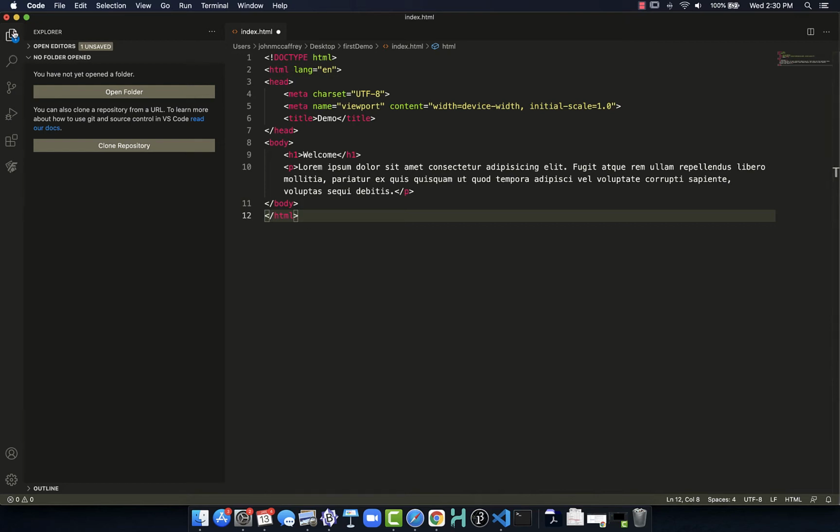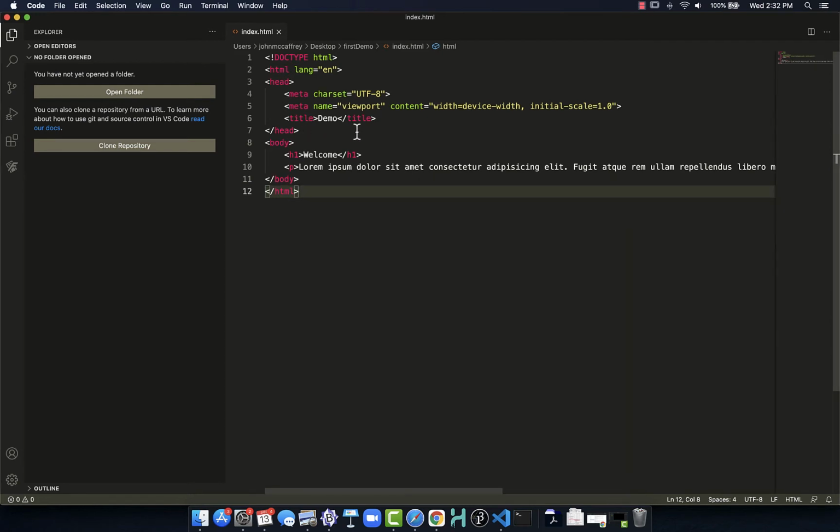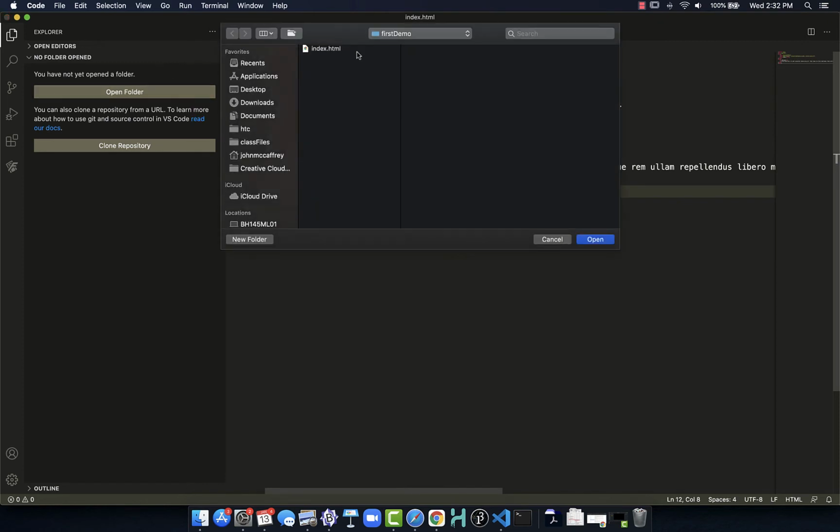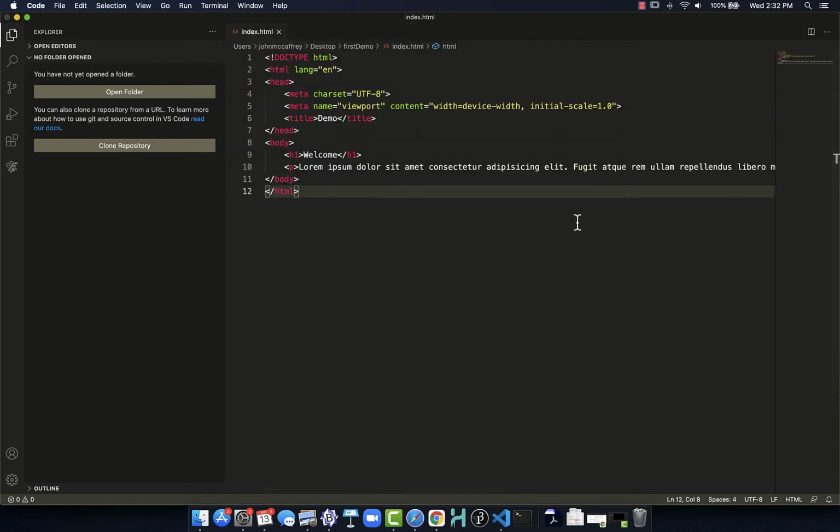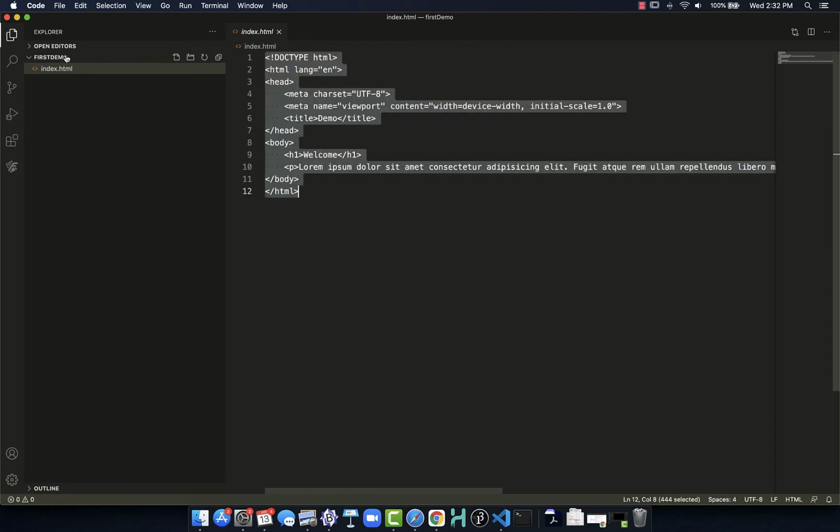So now we have our document set up here. We only have the one file. Now if I save this, if I want to view it, so we have our file, but we don't technically have the folder that it's in open, but we can choose to do that by going and clicking on Open Folder, and now we can see we have the desktop and now that folder, and I choose Open, and now that will change our view here a little bit where we can see